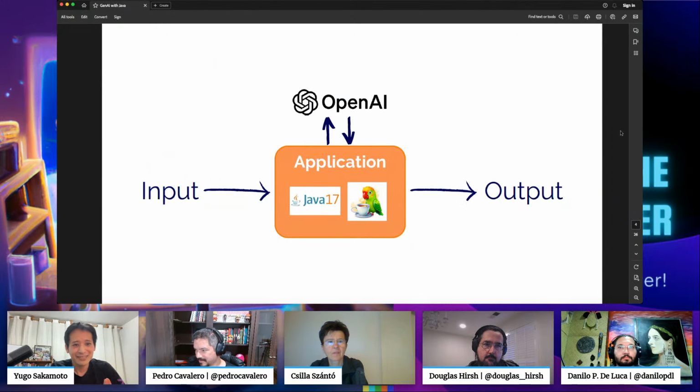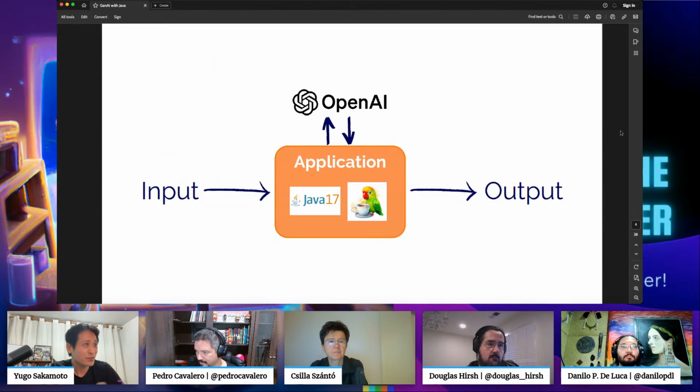A very simple hello world application using some large language model is to receive some input, some text, some question, send this input to the OpenAI model, grab the response back and print it on our terminal. So that would be our very first hello world application.